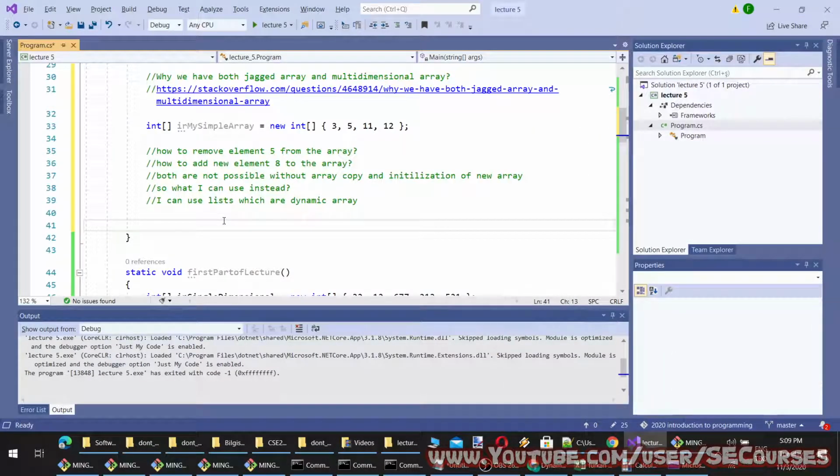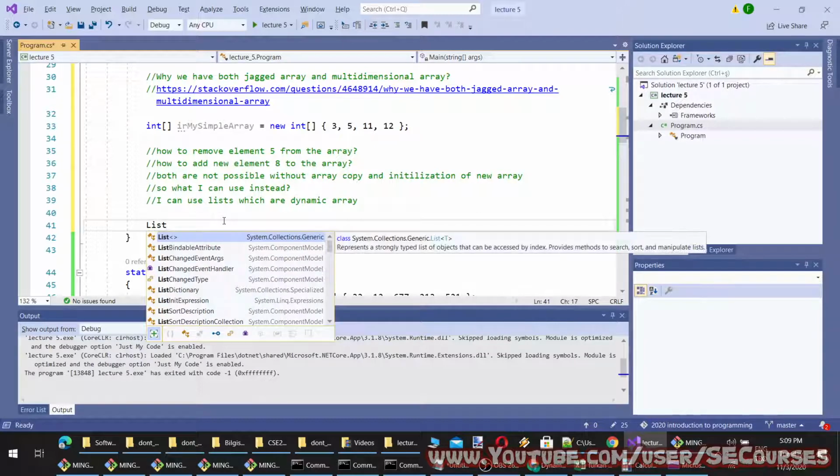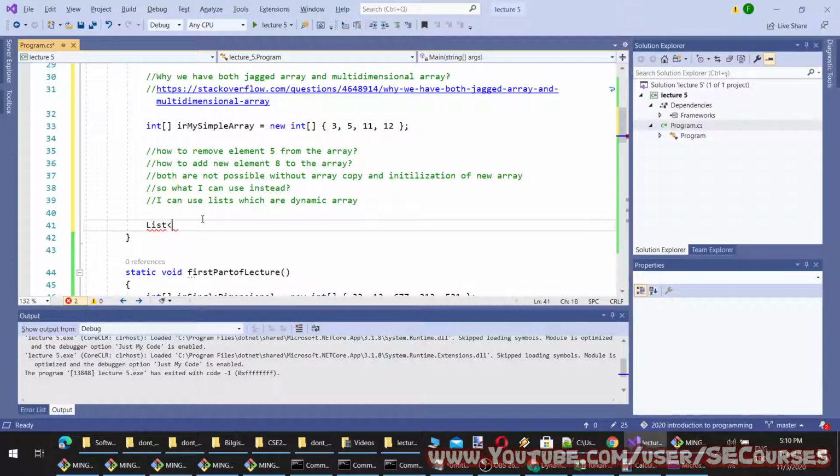So there is the list class, which is this. You see, list is from the class System.Collections.Generic.List, and it gets a T object, which means you can use any object type with lists. Okay, and for the list definition we open angle brackets like this, and we type the type of the list like this.